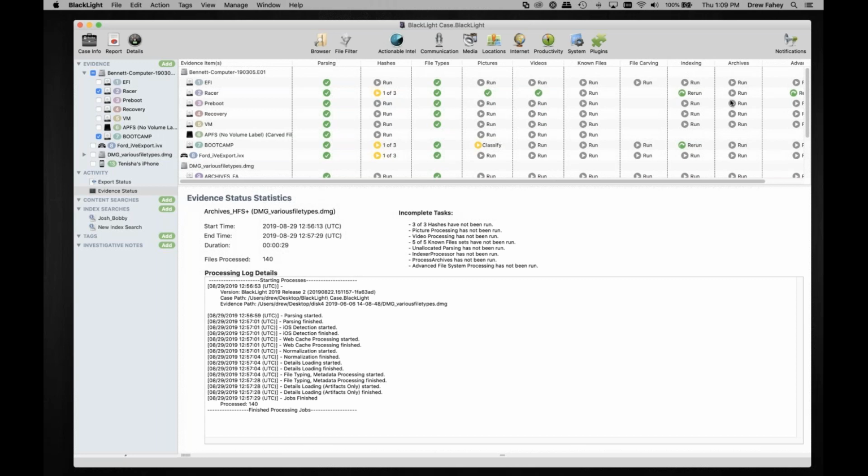That's going to be zips, 7-zips, gzips, DMGs, tar files, things more common in nature. And when you choose archives within the status view or evidence ingestion, that is going to extract all of those file types I just mentioned out to temporary locations, go through them and parse them. And if you've already chosen to run indexing, we'll rerun indexing on those unarchived items